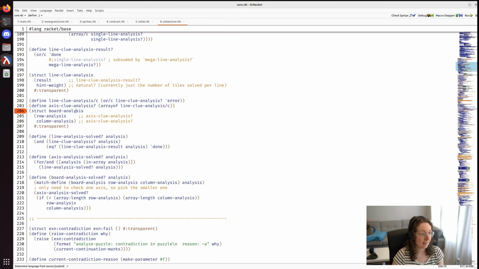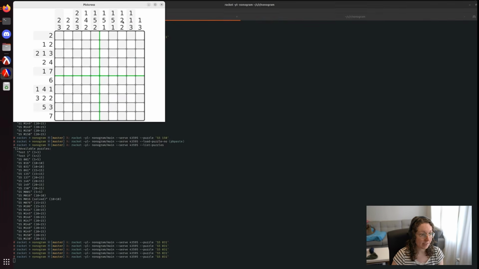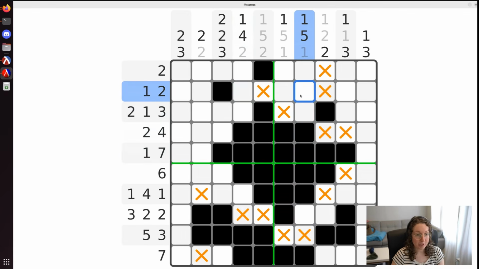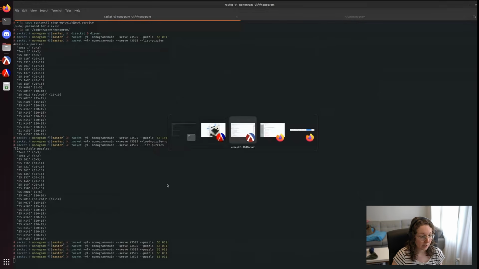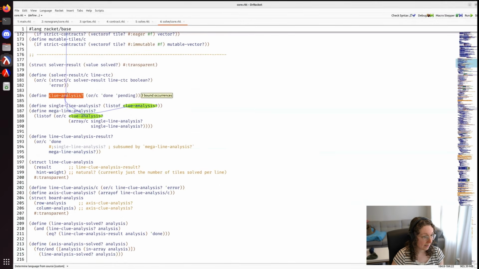Now, what actually is analysis? If you have a partially completed puzzle, then the analysis is basically saying, first of all, is there an error in the puzzle? And if not, which clues have been completed? So in this case, in this column, the second and third clues have been completed, they're finished, but the first one is not. So if we look at the code down here, somewhere in here, clue analysis is either done